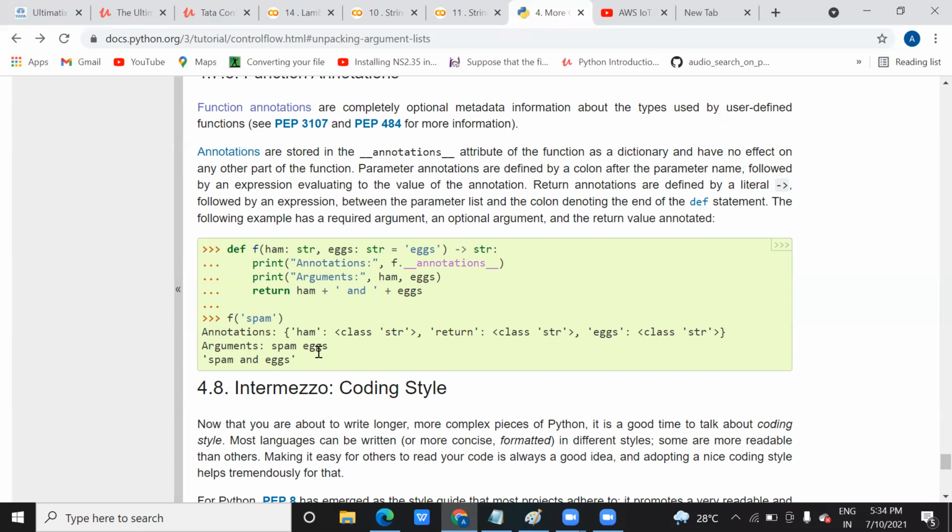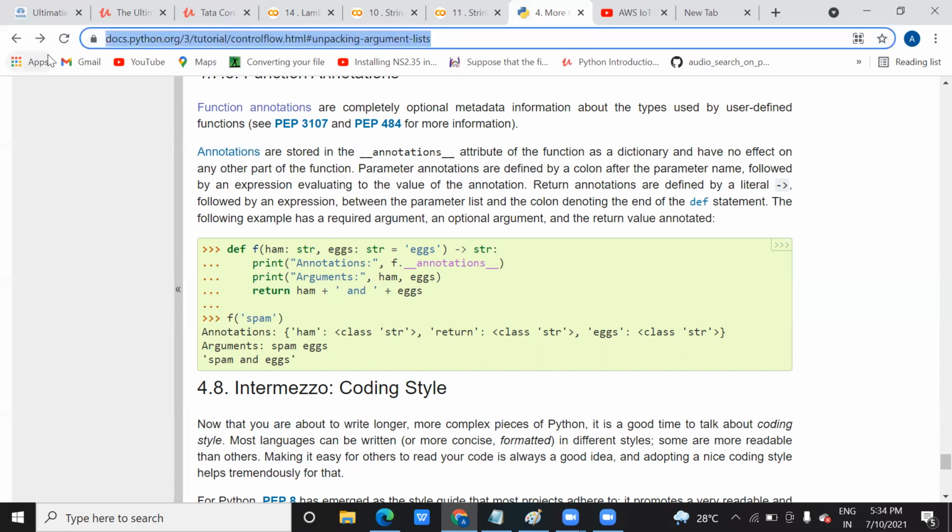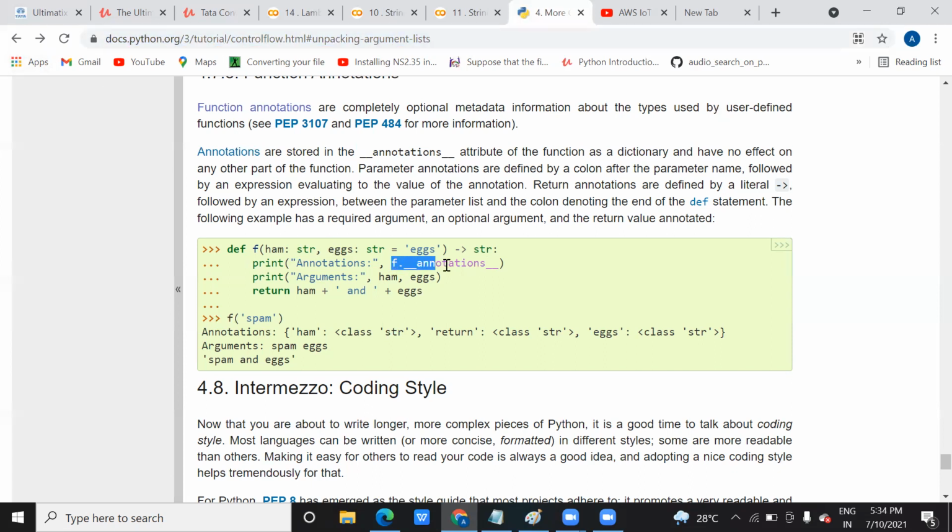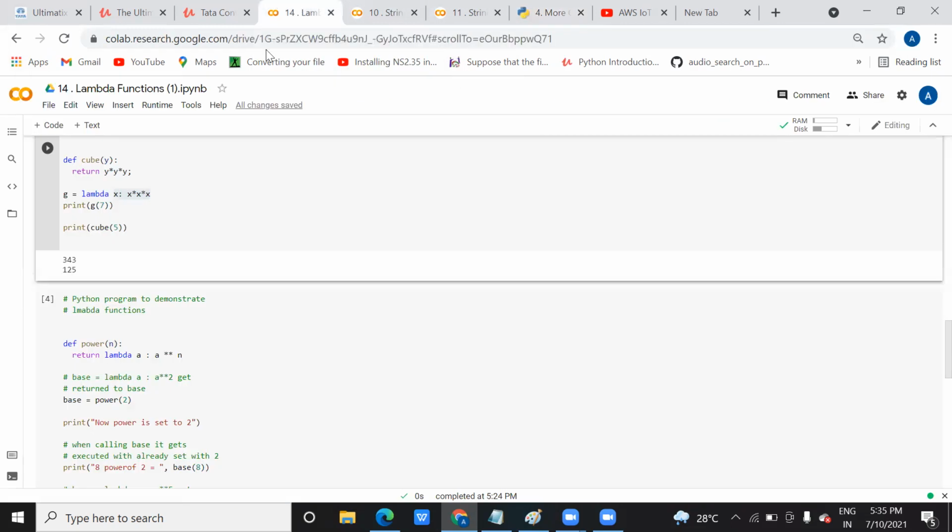Am I clear? Yeah, I guess I'll have to practice this a little bit. Yes, ma'am. You can follow this link. Just try to approach this. You just need to add this function name and this keyword, and inside the print, it will tell you what it is actually going to do. Let me try with a normal function to see if it is working, and based on that we can see it.